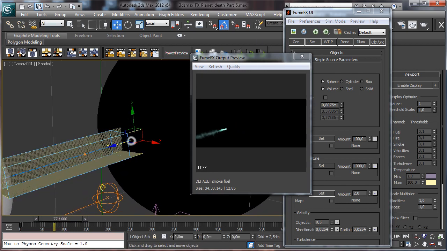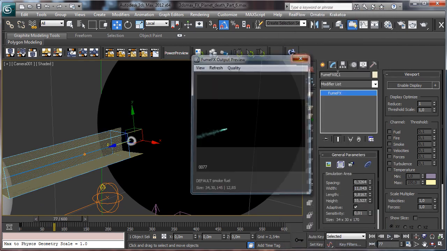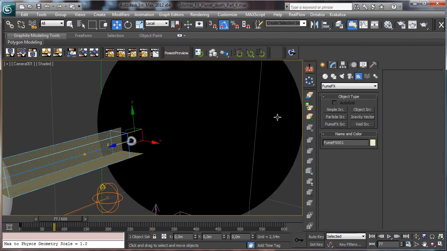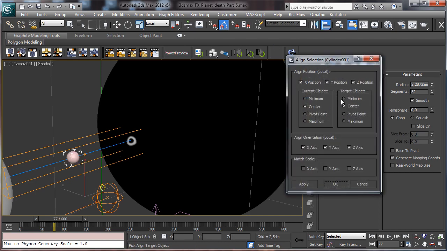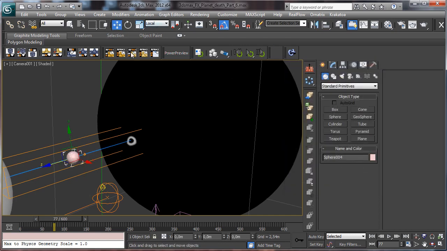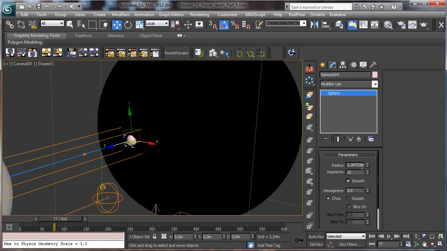So let's save, close, and we can have a little particle system there, or we can use also, let's think about maybe a little sphere. So we can align this sphere there, then we can move on the local axis or the surface there. So the scale is really little,